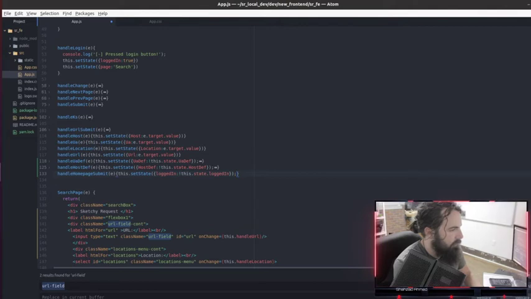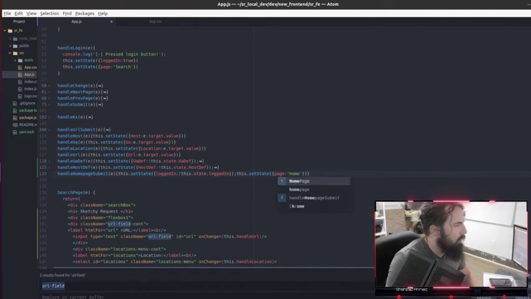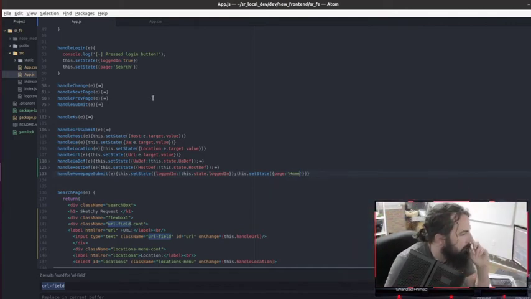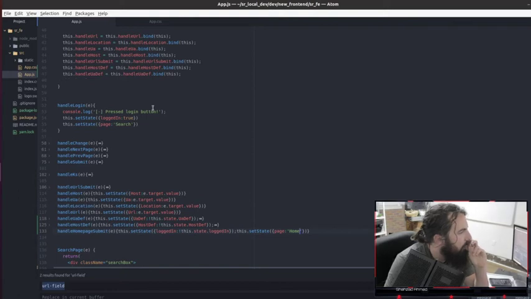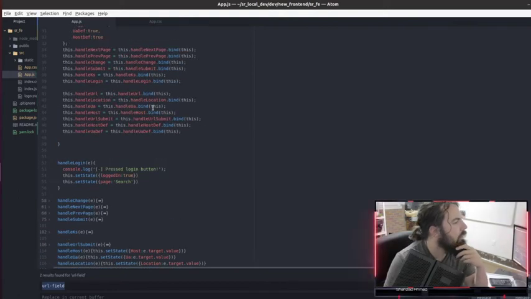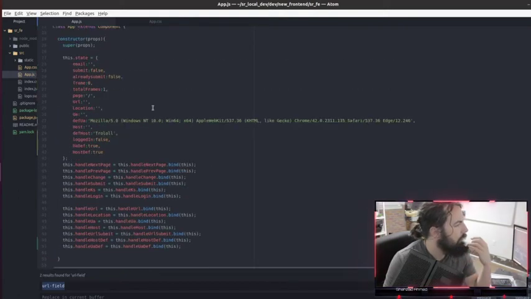Then we're going to do this dot set state page. What is it? Home. It's a default page. Slash. Okay.